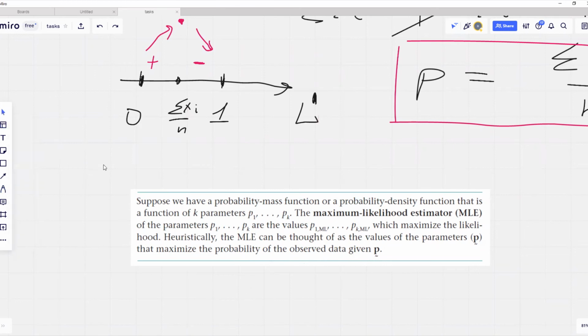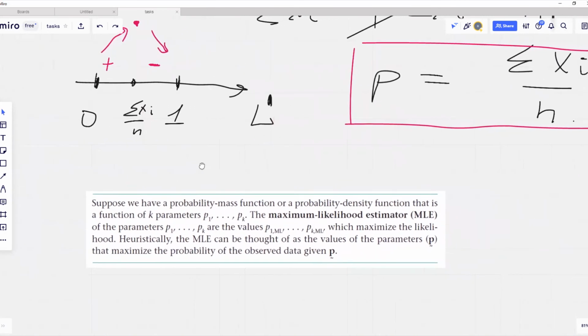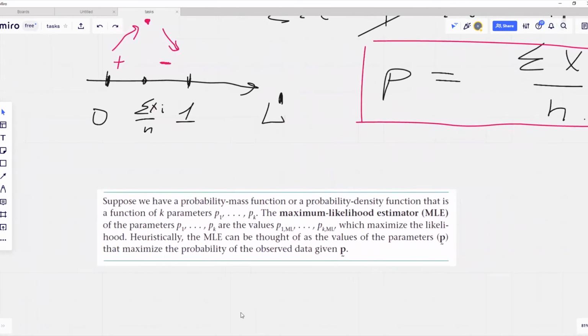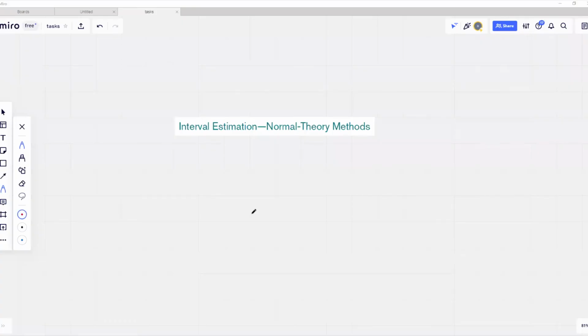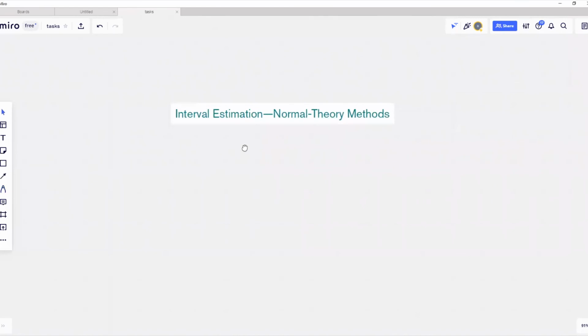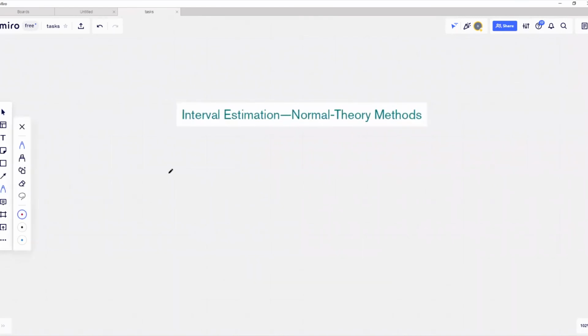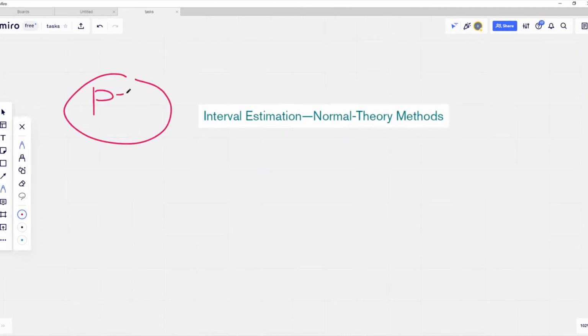Okay, now we are done with point estimators. Now let's build confidence intervals. In the rest of this video, we are going to study interval estimation for binomial proportions using normal theory methods that are based on asymptotic assumptions that our sample size is large enough so that, for instance, we can use the central limit theorem. So if we recall our first problem, we had a population with unknown parameter p, and we draw